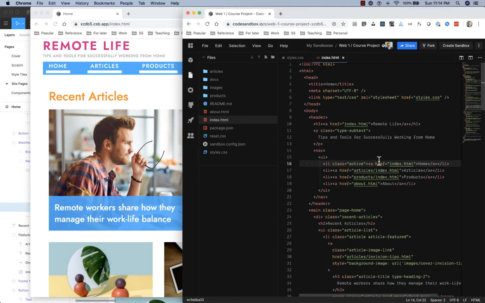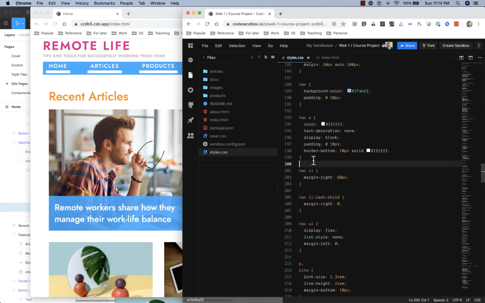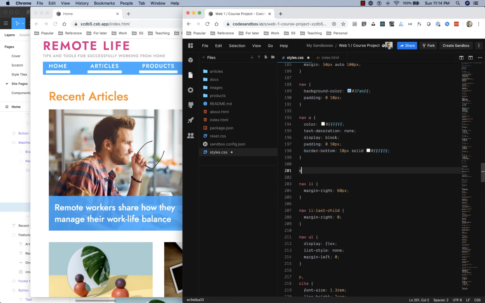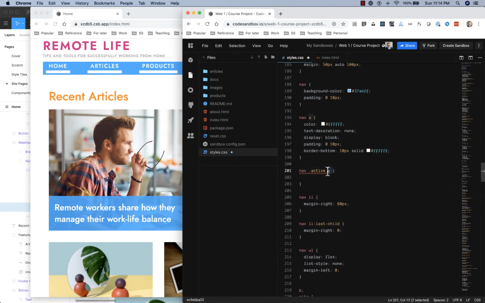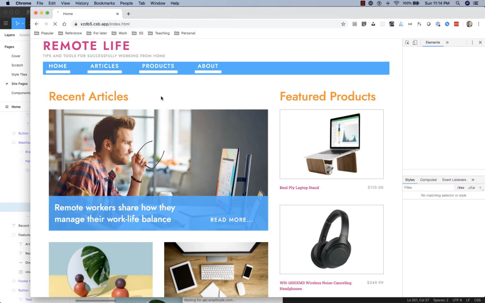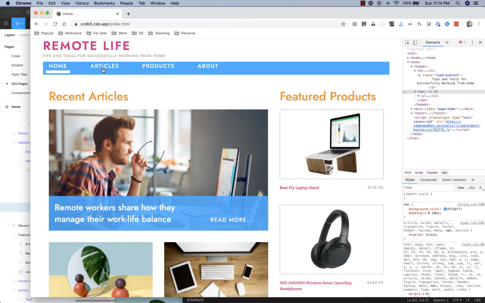item. Okay, so that means that when we want this to apply, we actually only want it to, that border at least, to apply on the nav active A. So that's an A tag that's inside of something with a class of active that's inside of nav. Okay, so we're going to move this down there. Okay, so that works out, but it does also mean that these don't have the same hit space because that